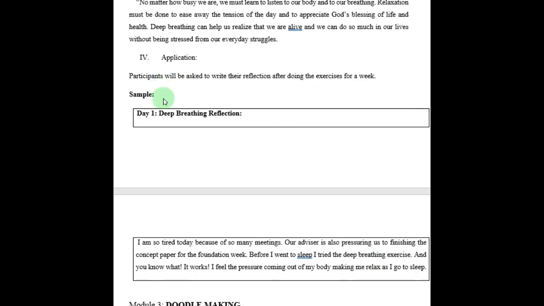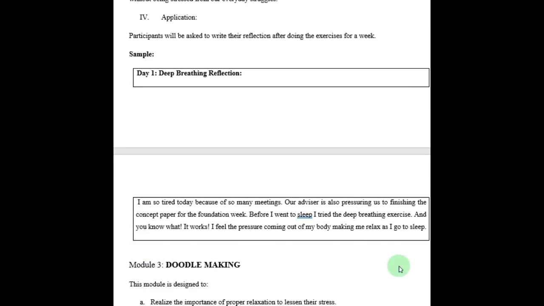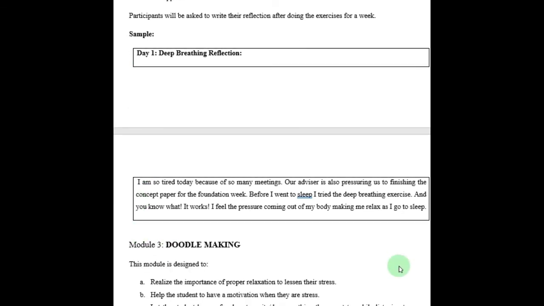So si participants naman, ang gagawin niya ay isusulat niya, pwedeng day 1 to day 8, depende kung ilang beses mo siya pinagawa or depende sa'yo kung gaano kadaming araw yung ilalagay mo dito. Okay? So, ikaw naman, as